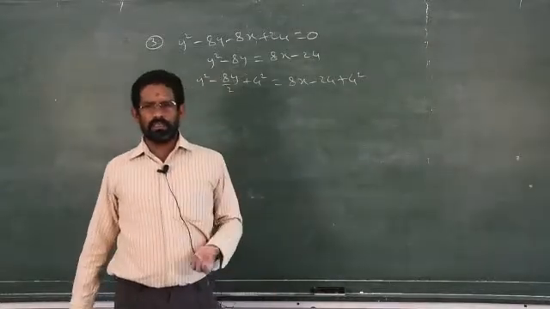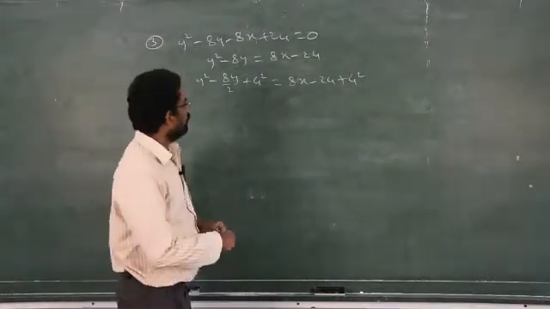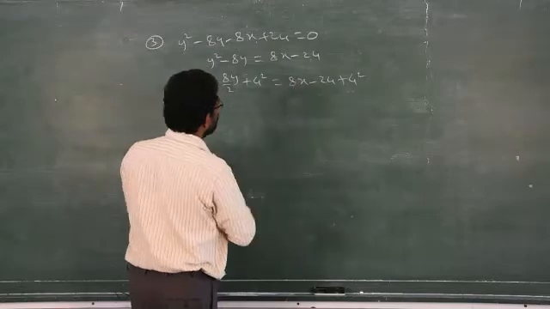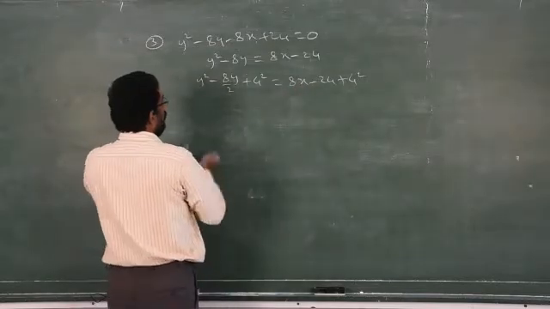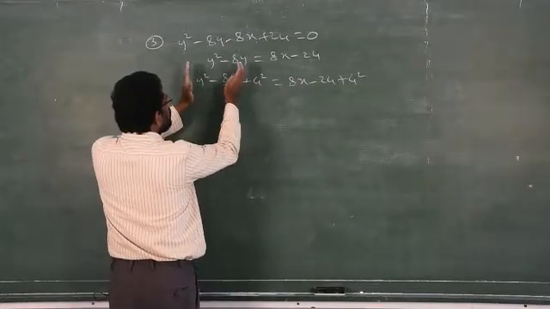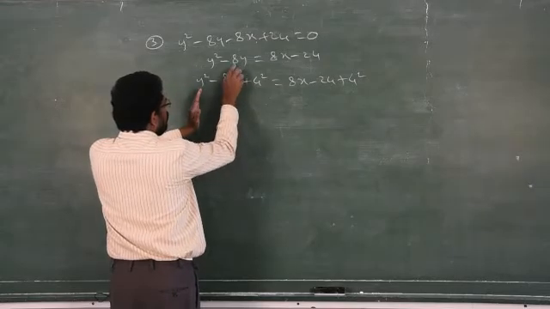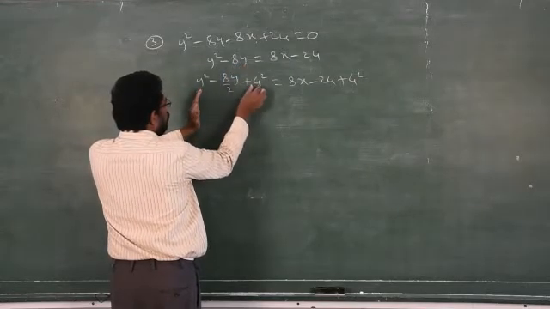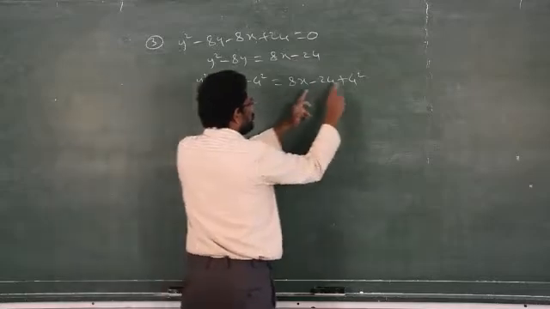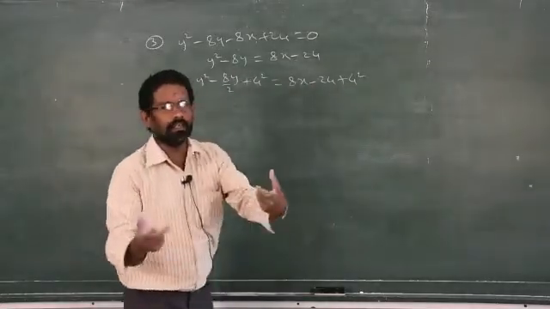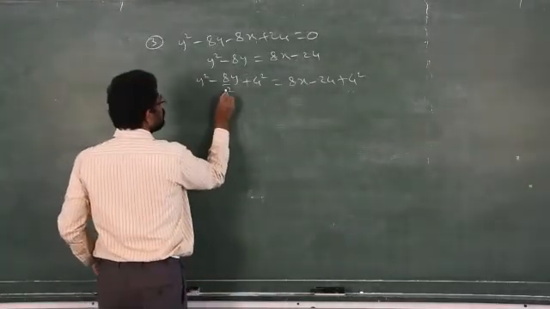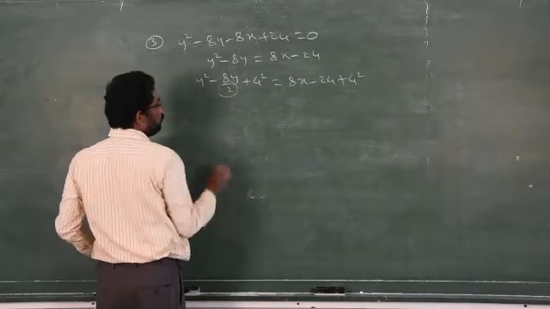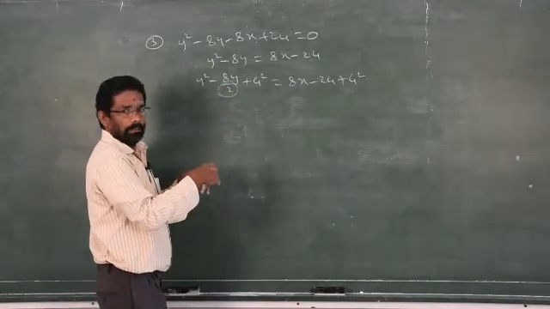Just now I said, to avoid some confusion in transferring the terms, I suggested how to apply the completing the square method. Divide the number by 2, square the quotient, and add on the left side as well as on the right side to balance the equation. Now this is for your understanding; I did it by 2. So don't write the next step as it is by 2.